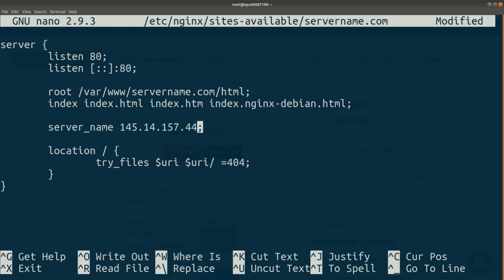have try_files with the URI. If it doesn't find that, it's just going to return a 404 HTML status code, page not found. So this is basically what it is. It's super simple, and this is by default what Nginx serves as a configuration. So make sure to put that and change what needs to be changed to yours